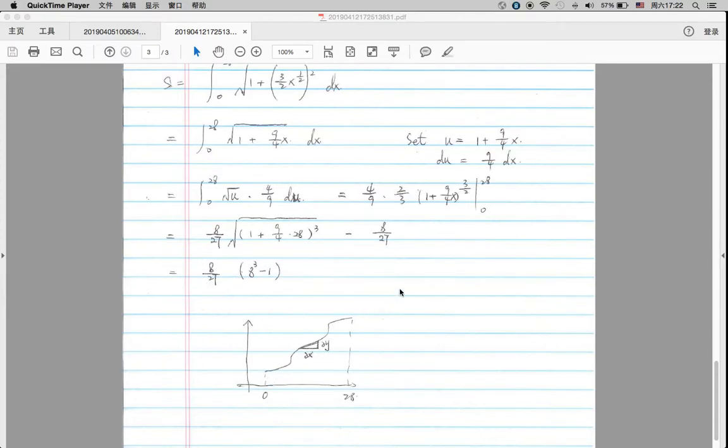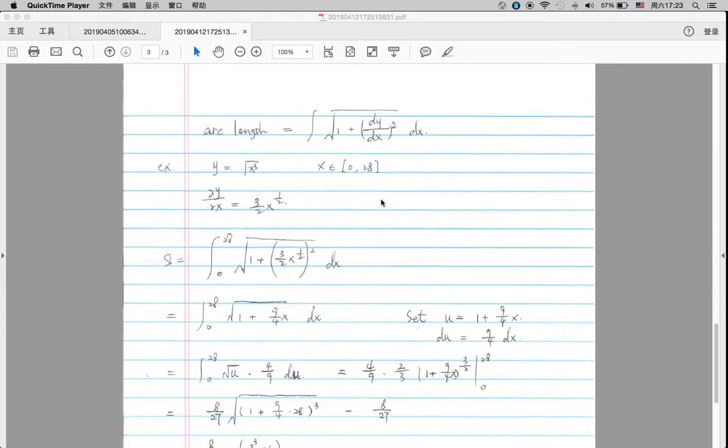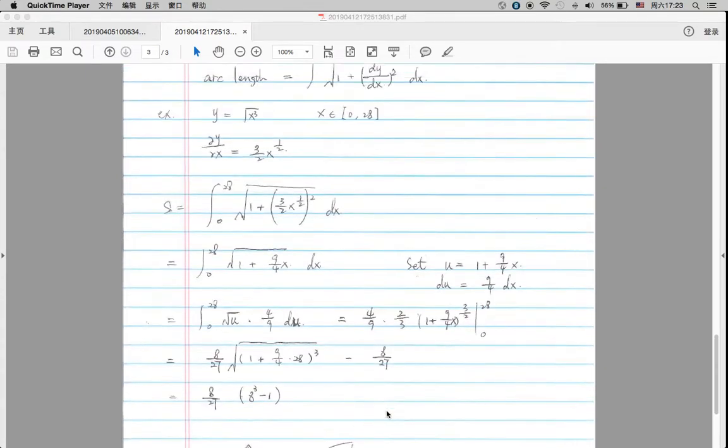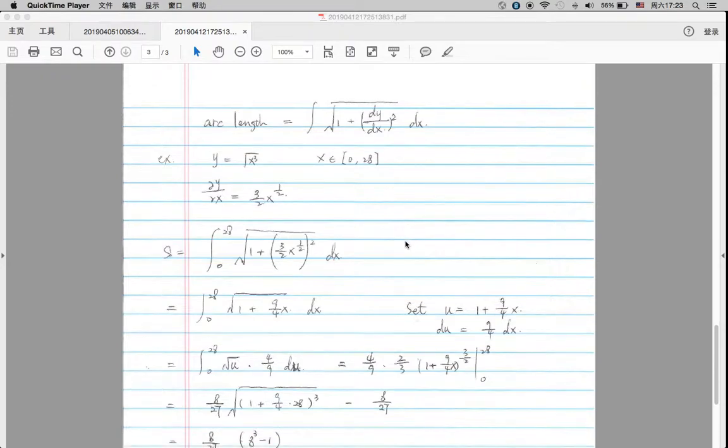of the arc length. So the idea is to use this formula here to calculate the length of the original arc by cutting it into smaller pieces, and then summing each length over the interval, and then we will get the total arc length. That is the idea, and this is the